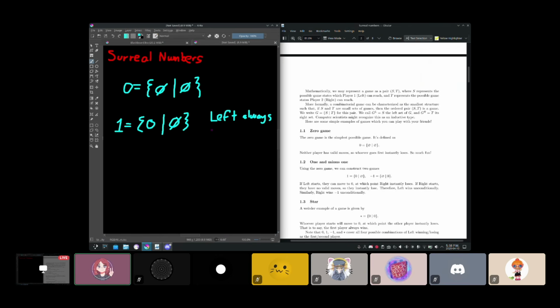And, well, 1 is kind of simple enough that in this case, it's basically guaranteed. There is literally no way for left to lose. But again, we are assuming that the players are super intelligent. So really what matters is that left has a winning strategy. That's the important thing, and that's independent of whether they start or go second. And we can contrast that with the case of 0, where the second player wins.